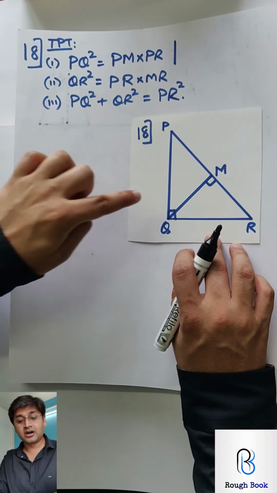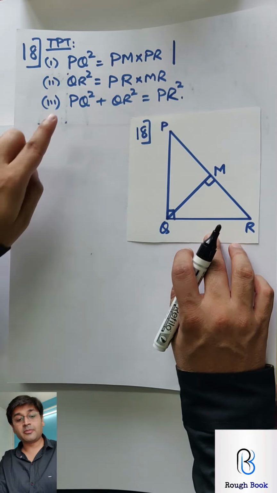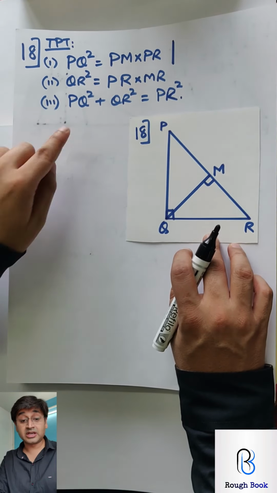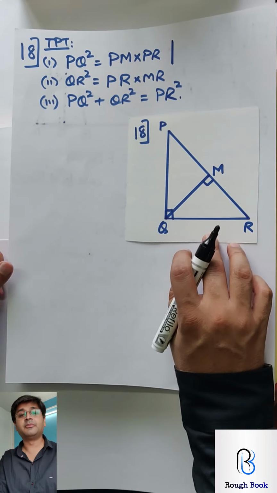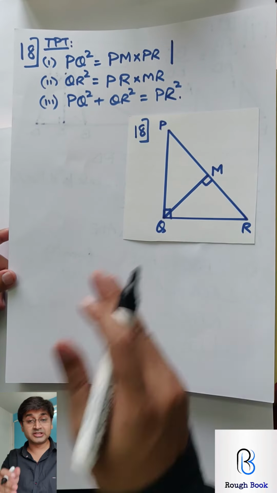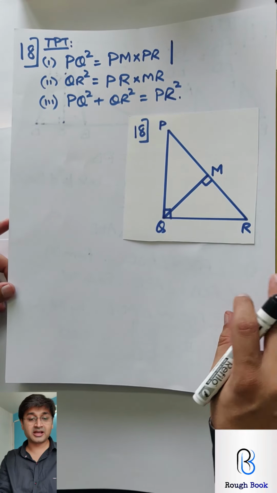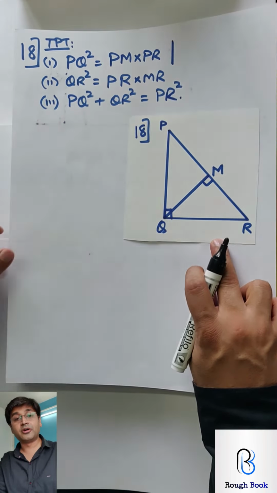So this is a question deriving the Pythagoras theorem. So Mr. Pythagoras, how did he derive this? This sum is based on that, or not based on that. This sum is exactly that one. Using similarity, how we are going to prove the Pythagoras thing.